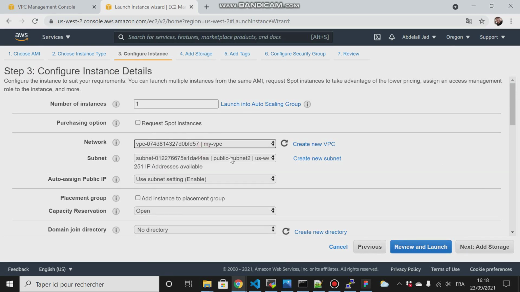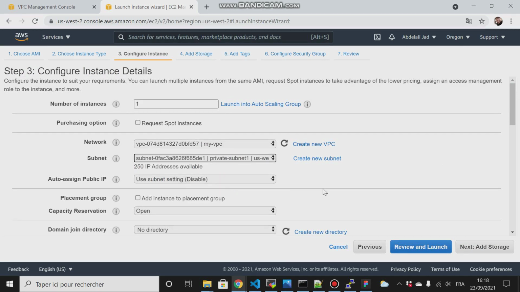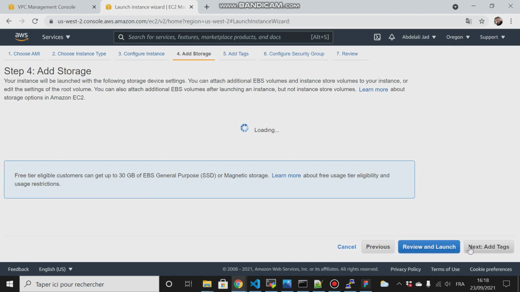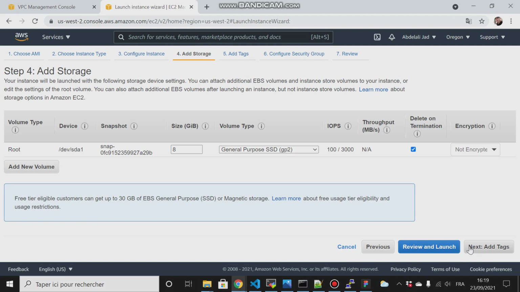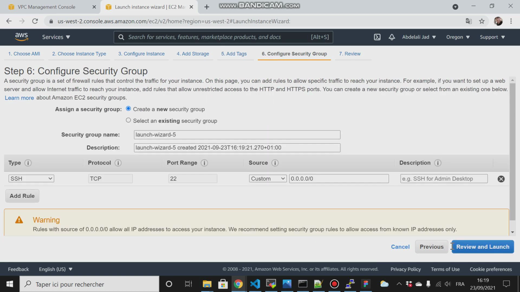And go to my VPC, then to the private subnet, right, and then add a tag, and I will call it name, the master, right, and then for the security group,